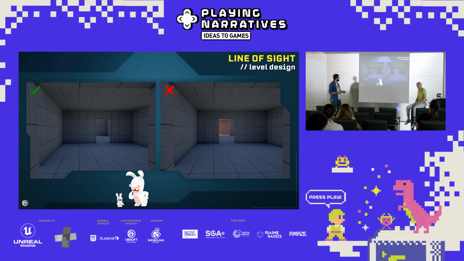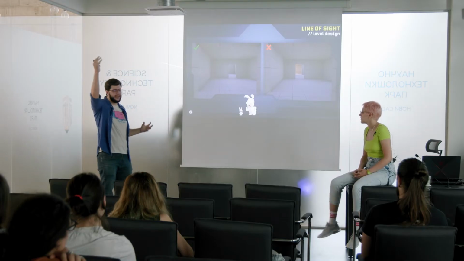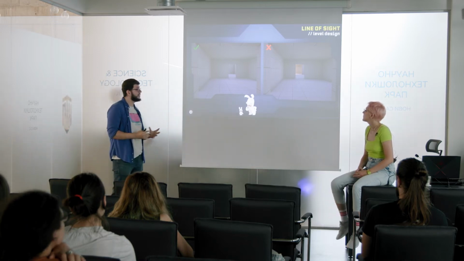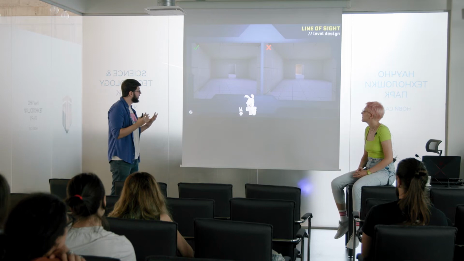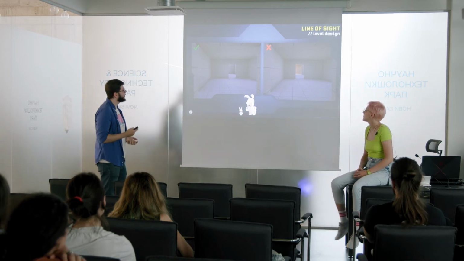Another simple trick is breaking line of sight with just simply moving. We have two adjacent rooms. We can just slide the door to the right. Now the player doesn't see where the end goal is, what's in the other room. Again, we're trying to build anticipation for this specific game because there were a lot of aliens all over the place. There were eggs on the ceiling, aliens that can attack you and everything. So we always wanted to make a place that's never safe. The player never feels safe.